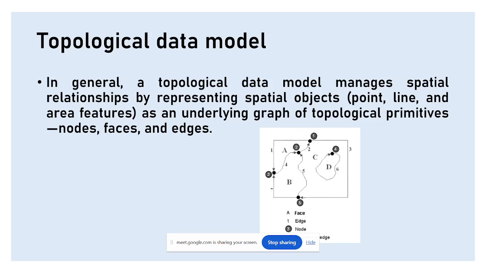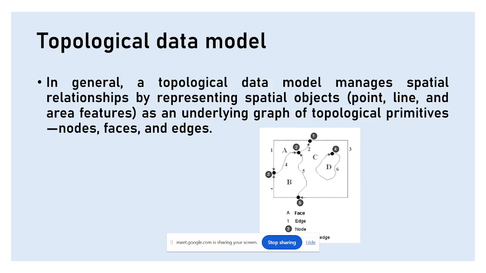In general, a topological data model manages spatial relationships by representing spatial objects, the same thing that I was saying, point, line, and area features, as an underlying graph of topological primitives, that is nodes, faces, and edges. The idea is, if you take a look at this, so you have A, B, and